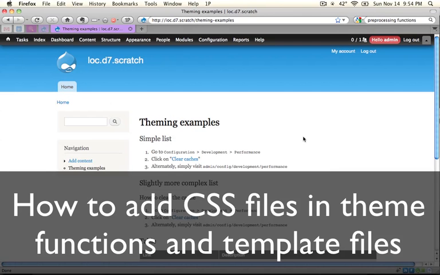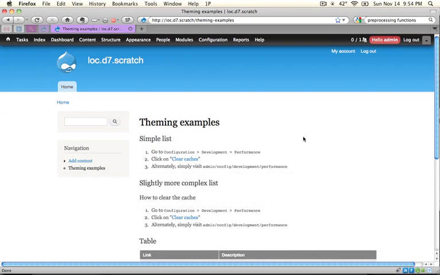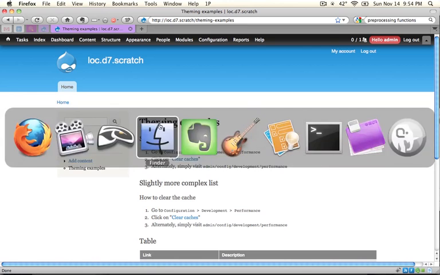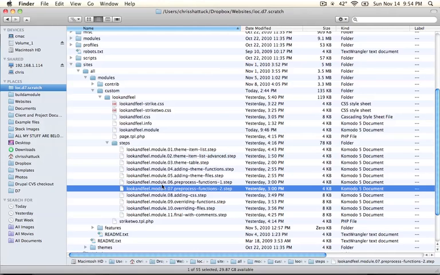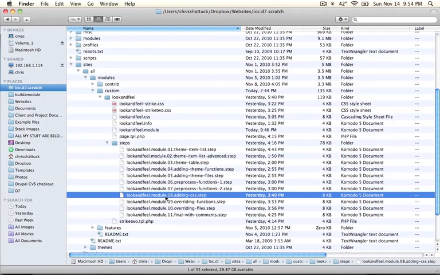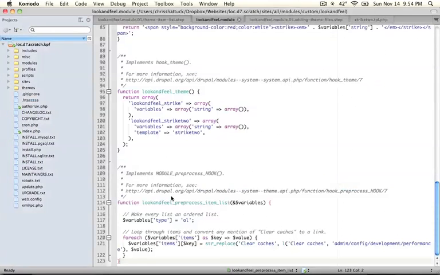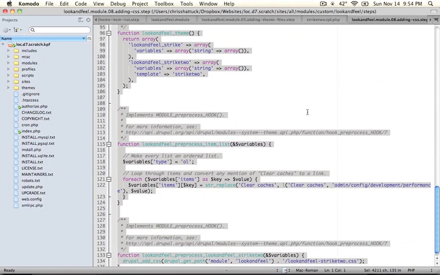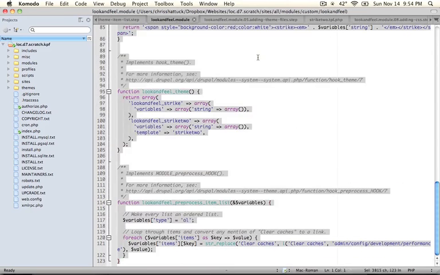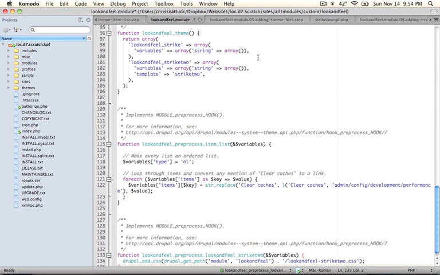Okay, now that we've talked about pre-processing functions, let's go back and talk about adding an external style sheet whenever our theme function or template file is called that adds our strike-through styling. Go back to your module list and open up the 8th step, which is adding CSS. Copy all the code and paste it over all of the code in your lookandfeel.module file and